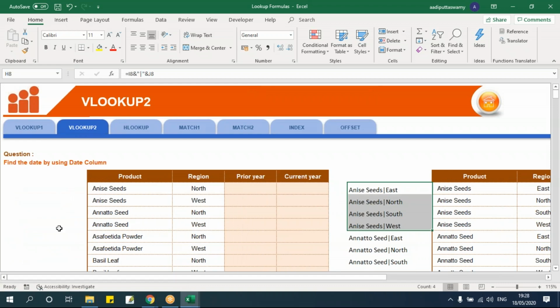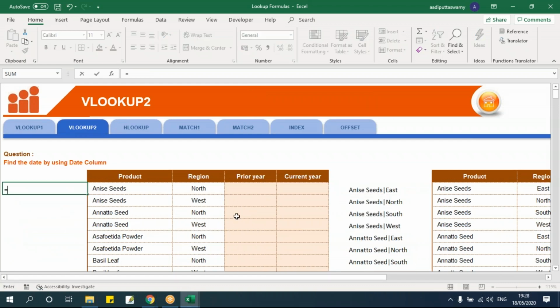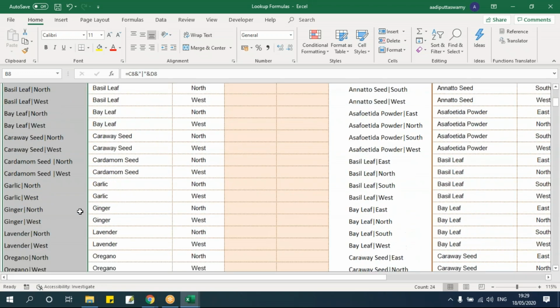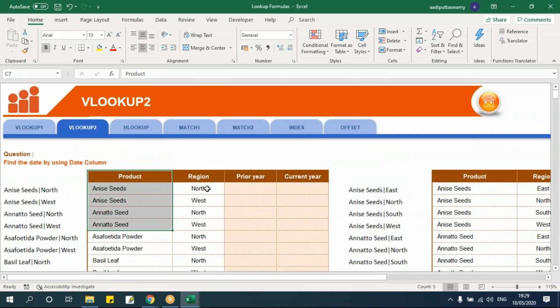Now let's go to the template, that is where we need to update the data. Here also I'll say ampersand, same combination I have to give here, say enter. Now if you see this, I have this Aniseeds North here and I have the same value here. I'll double click or drag it, copy down, see I'll get this product and region combined in one column here. Now let's go here, I'll say equals